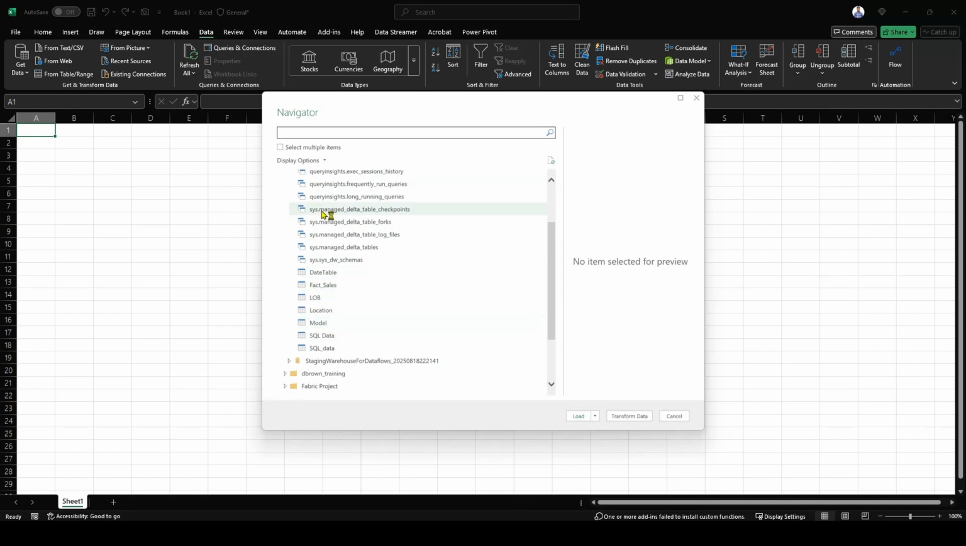So how do I select them? I select this, select multiple items, and then I check the box in front of each of the tables I want. And then you will see I have three options: load, transform data, and cancel. So you may still want to do some transformation to the tables that you are getting from